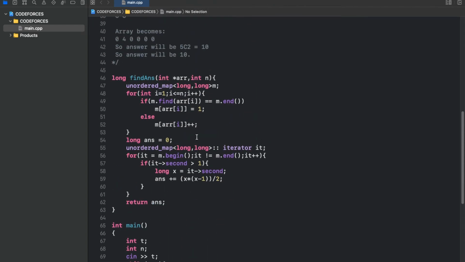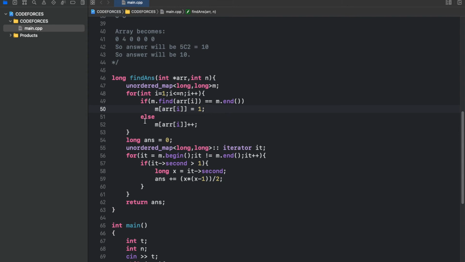What I'm doing here is making an unordered map with which I take the count of all the numbers. I loop for i equal to 1 and i less than or equal to n, i plus plus, and check m.find(array[i]). This just means I am checking whether this number is not already in the map. If not, we assign frequency one to this number.